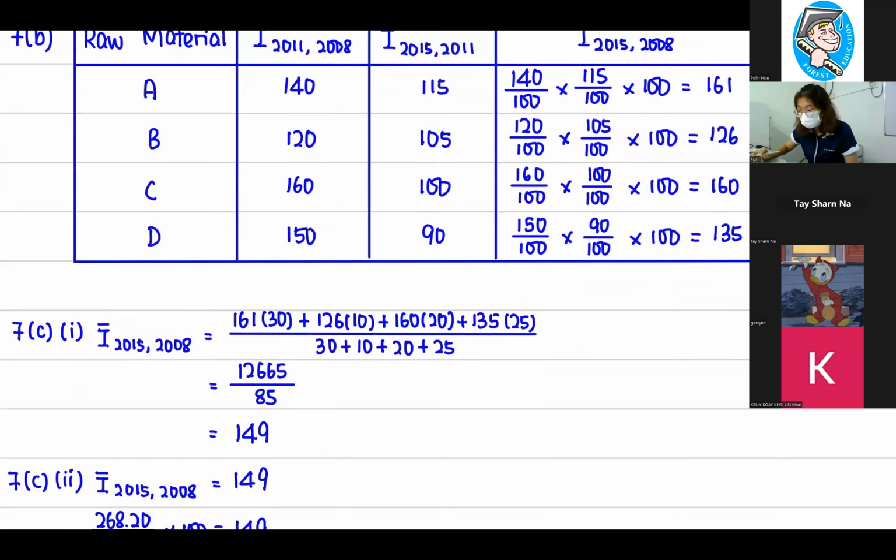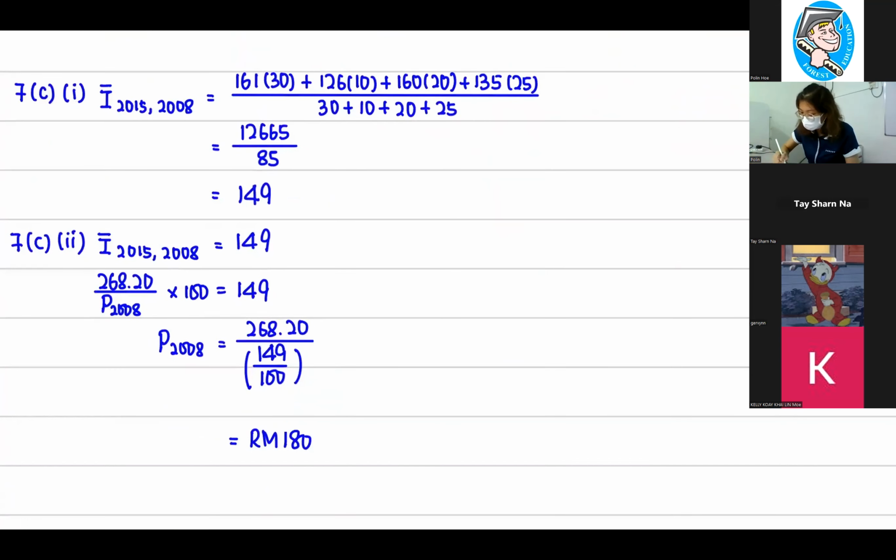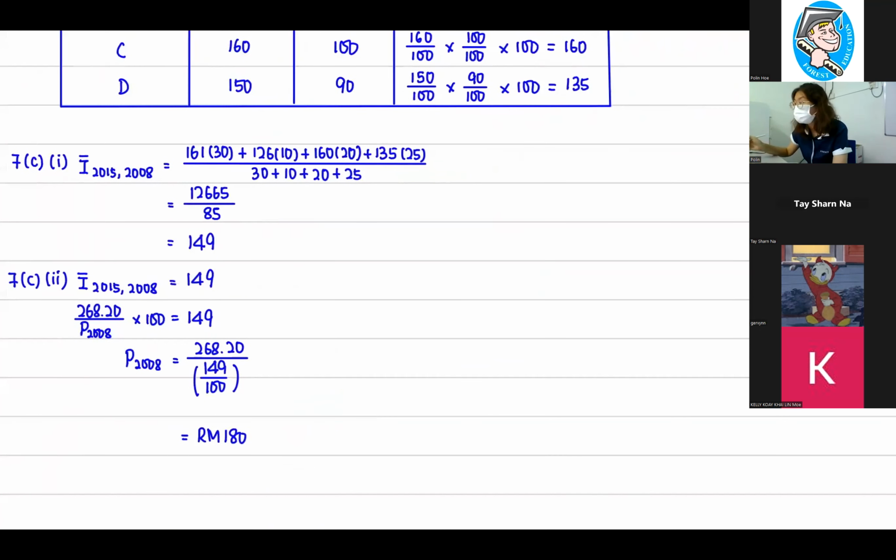After that, you are given the price in 2015 is 268 ringgit and 20 cents. Find the price in 2008. 找2008年的价钱是多少？OK,